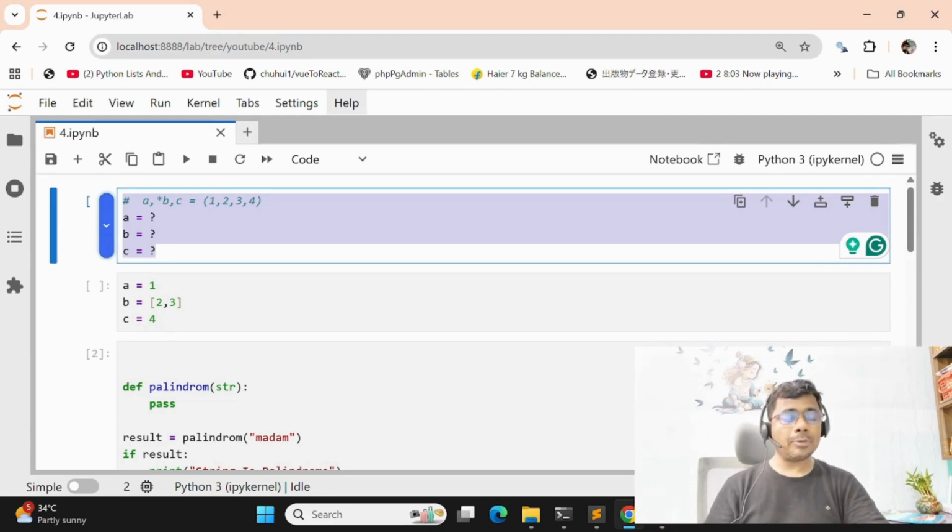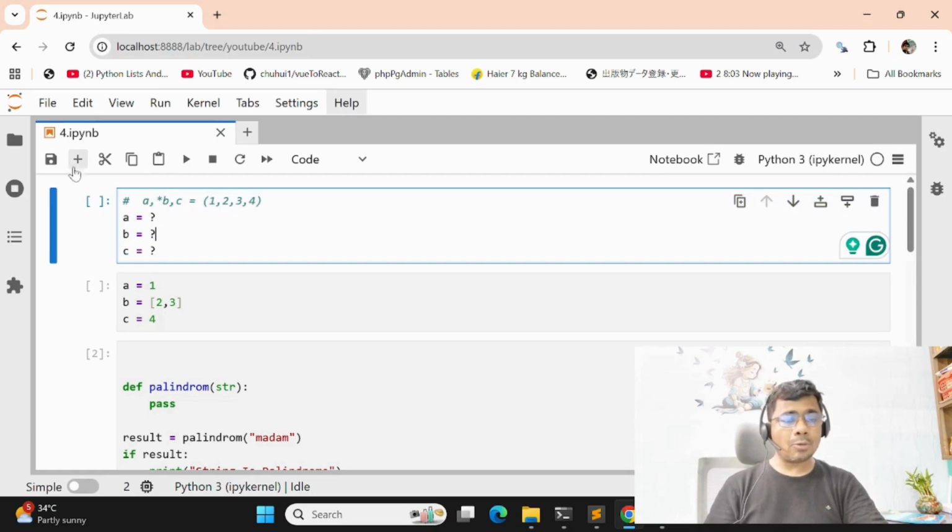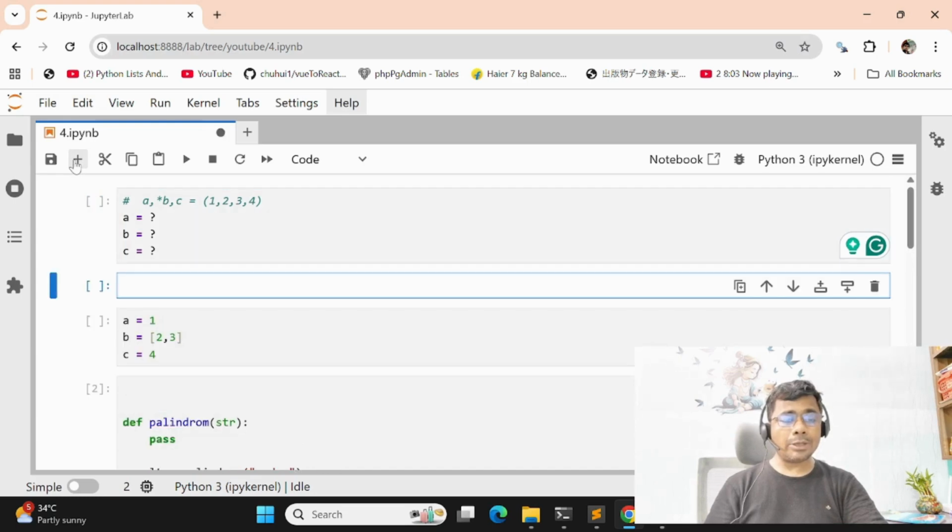The first question the interviewer asked me in the TCS technical round. There are three variables A, B, and C, and the content is one tuple. The interviewer asked what is the value of A, what is the value of B, what is the value of C. Pause the screen for 5 seconds, write your answer in the comment section.